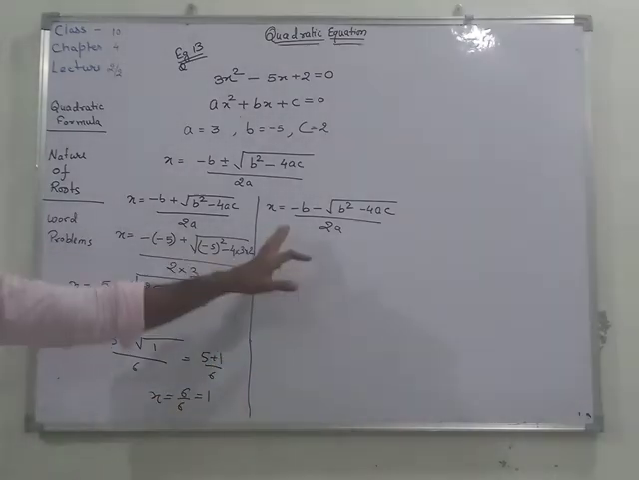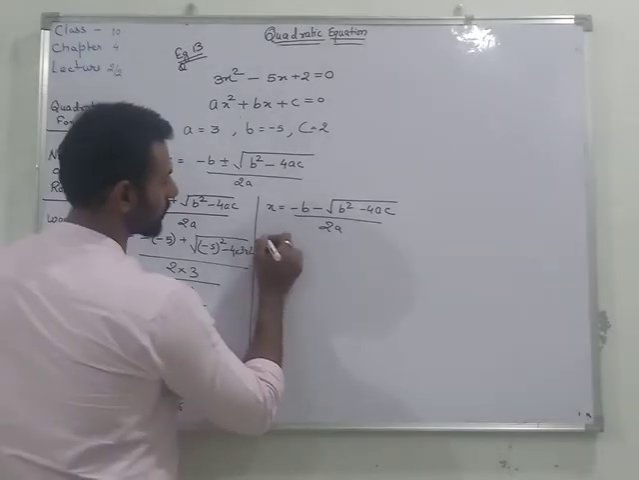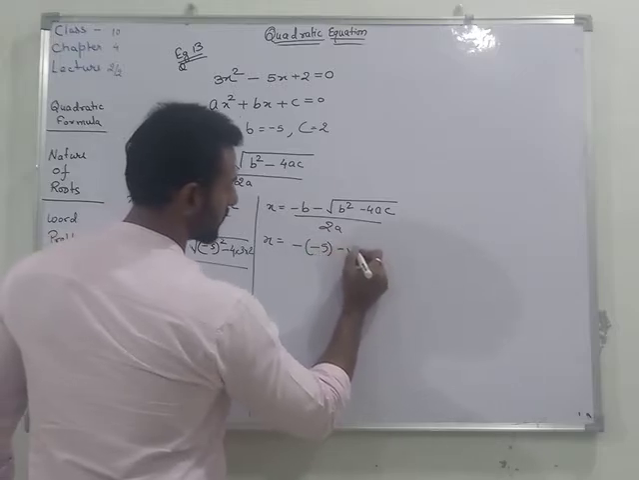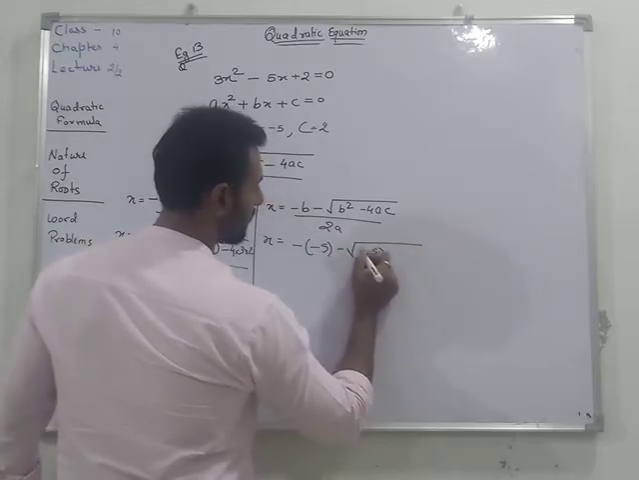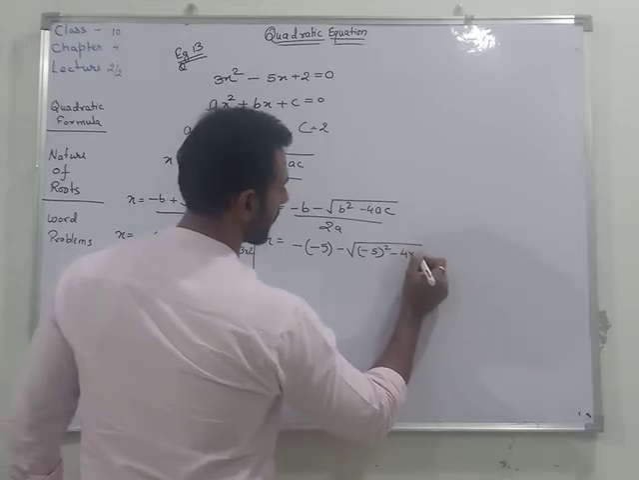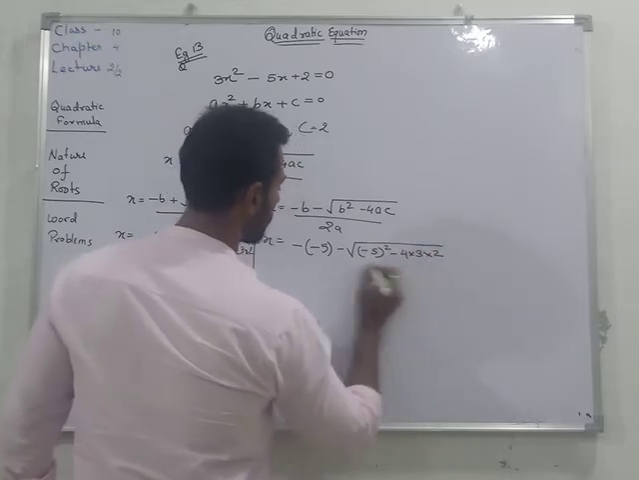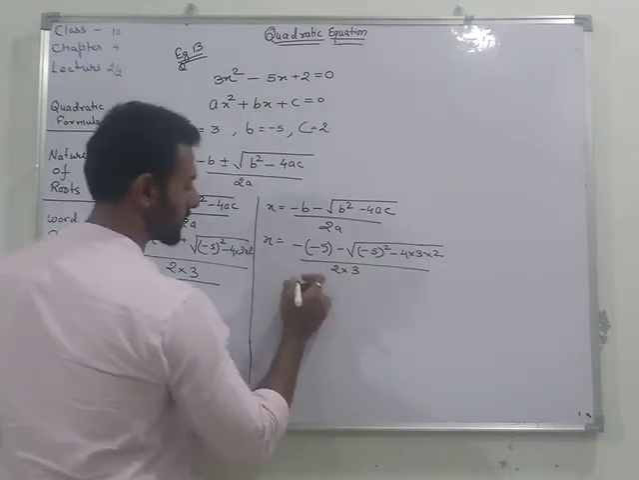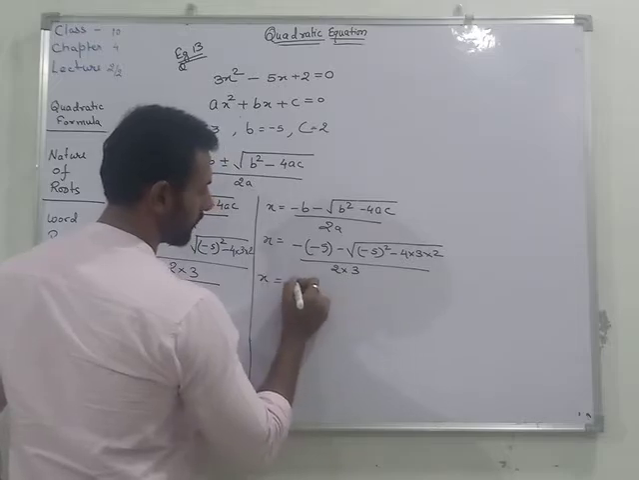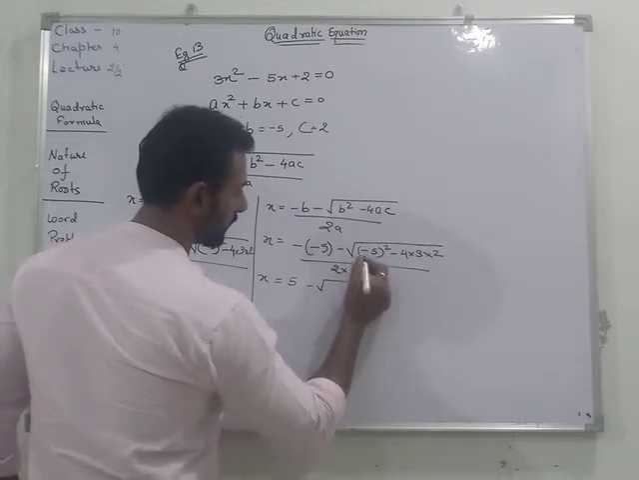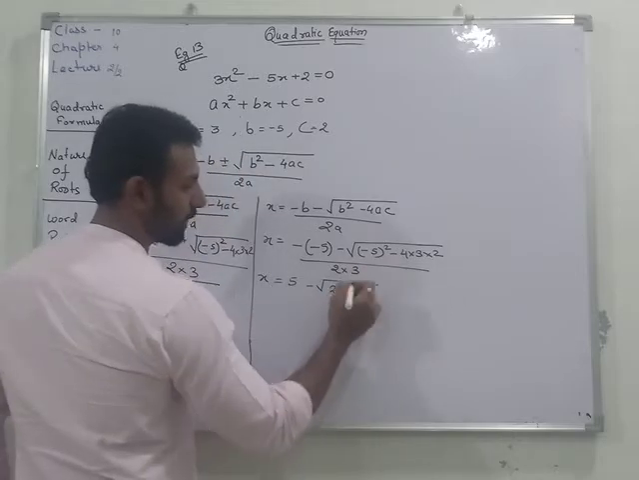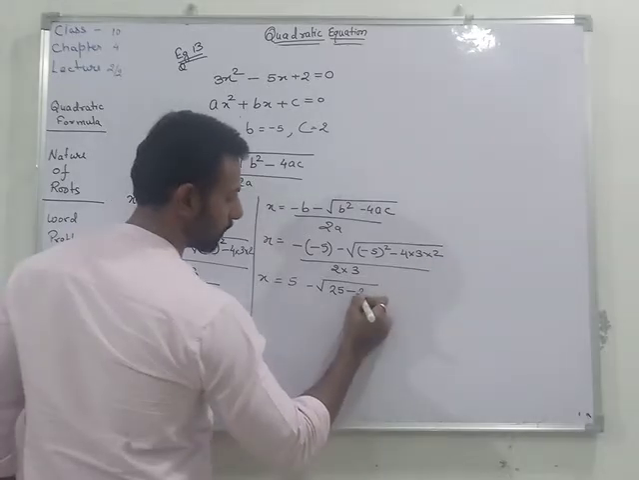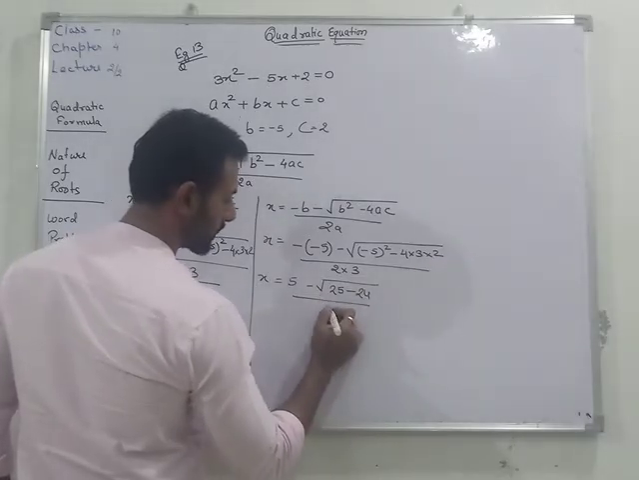Now solving for the negative part, substituting the values, x is equal to minus of 5 minus under root b square, means minus 5 square, minus 4, a is 3, c is 2, upon twice of a is 3. Solving this, minus of minus plus, x is equal to 5 minus under root of minus 5 square will be 25, minus 4 2s are 8, 8 3s are 24, by 2 3s are 6,